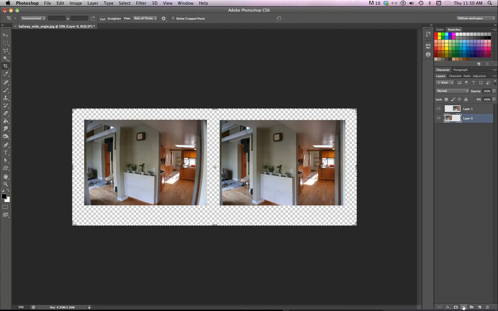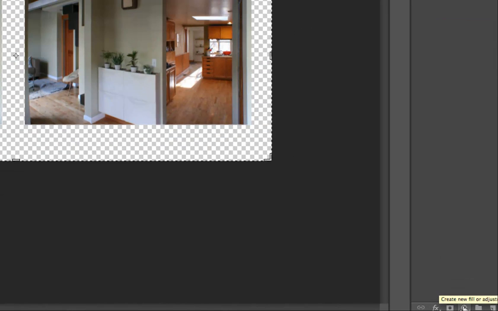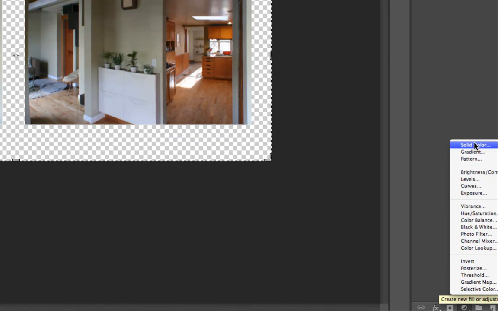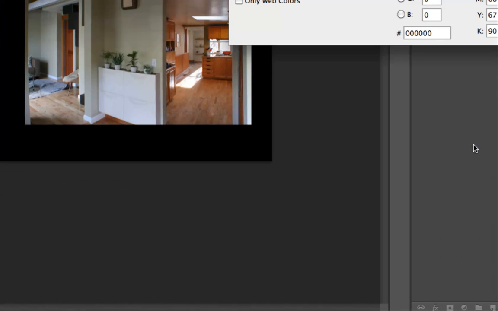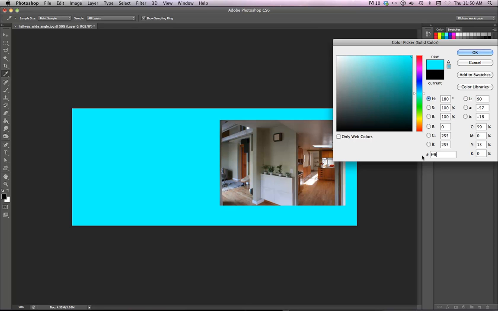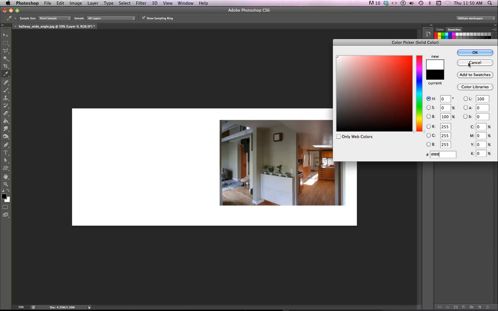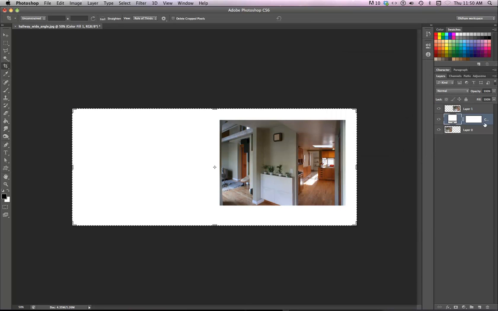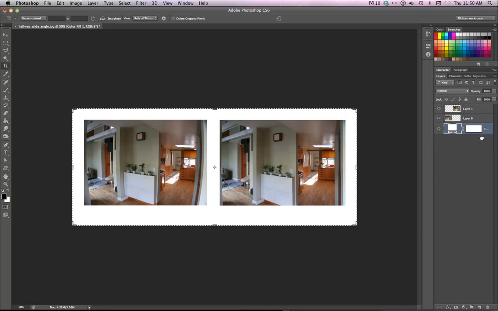Now I'll add my new fill background. And white or something appropriate is probably what I want. Just bring that down so it's below both layers, and now you've got the file nice and clean and looking